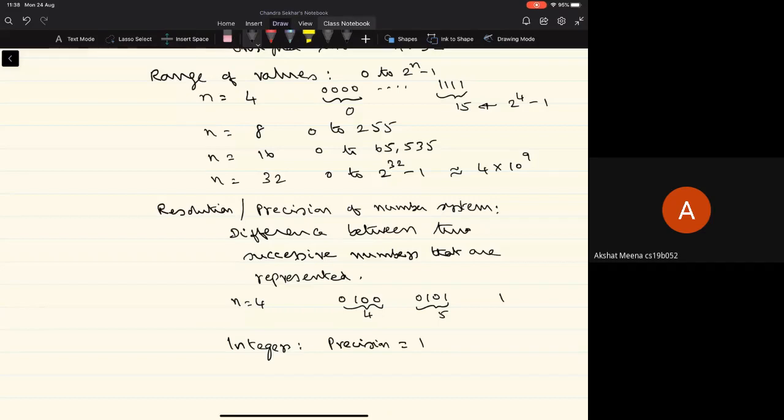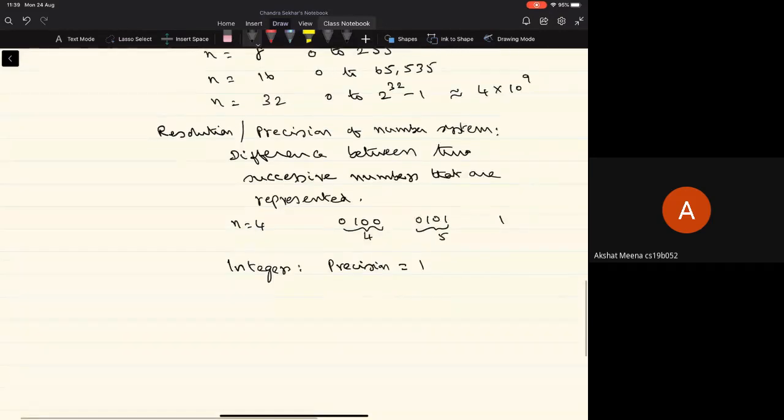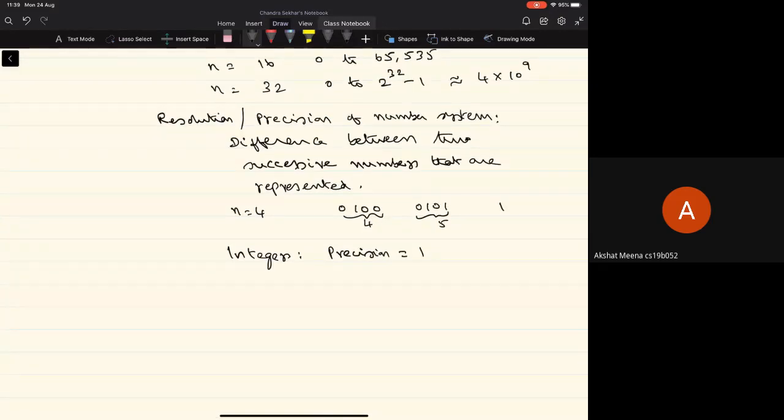Now, what you have seen is that we are able to represent only non-negative values in this system. That's why we call it unsigned integers, because we are not talking about negative numbers at all in this unsigned representation. When n takes some value, all those n bits are used to represent only the magnitude of the number, and that magnitude can range from 0 to 2 power n minus 1. Now we'll see what we have to do when we deal with the representation of